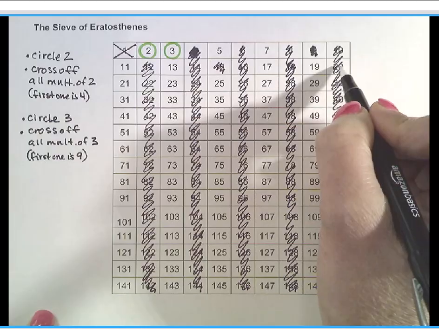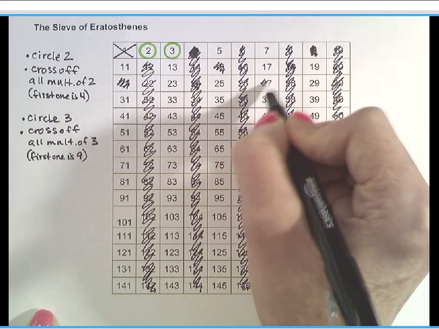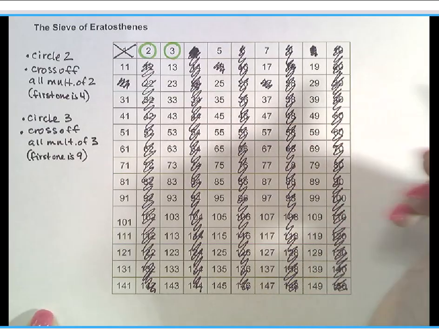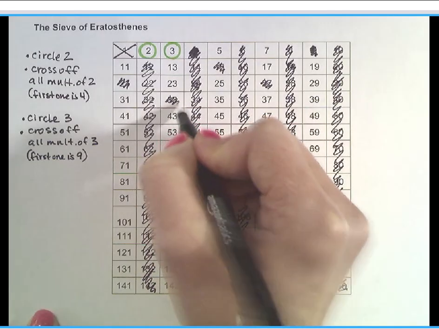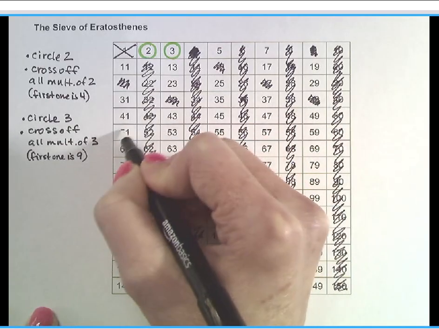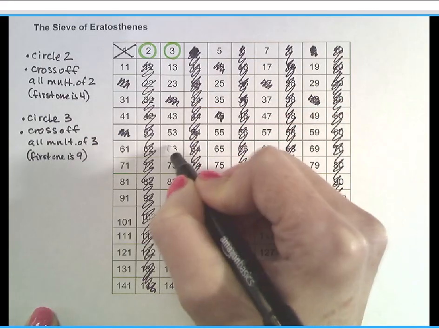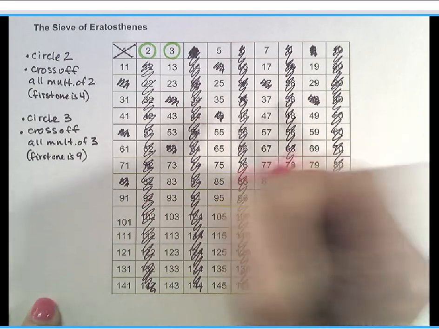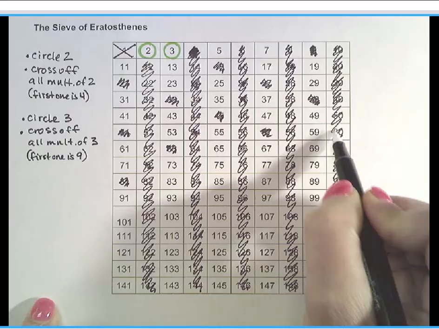Basically, you're going to start to get some diagonals going in here. That one's already crossed off. 27. And you're going to notice that the numbers you're crossing off add up to a multiple of 3. So like 30, 33, see if you add the digits, 36, 39, and then we start to get some diagonals, like there's a diagonal there, there's one, 45, 54, 63, 72, 81, or you can skip count, it's like however you want to do this, 3, 1, 2, 3, 1, 2, 3, 1, 2, 3, 1, 2, 3,